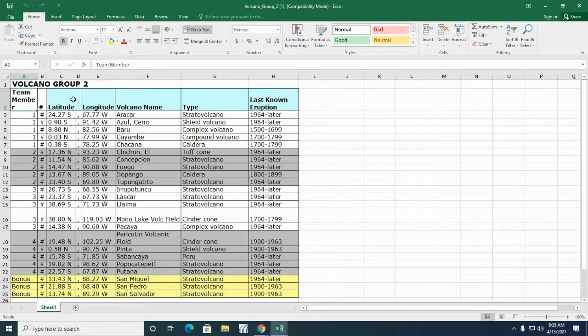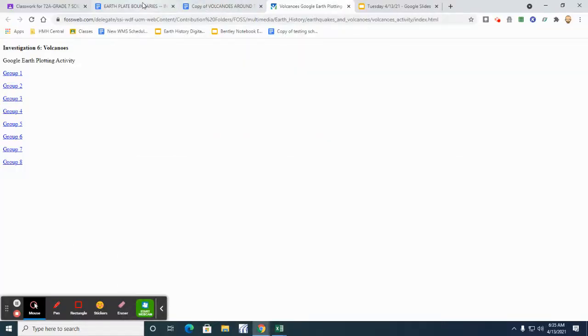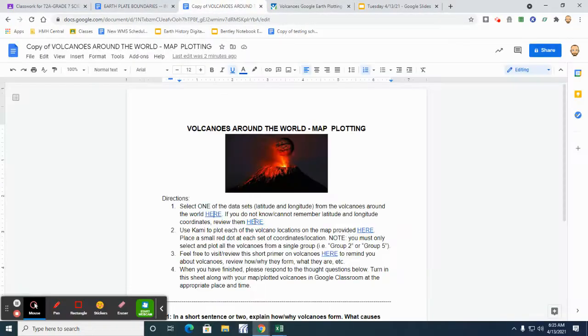So right here are the coordinates, and these are like X and Y on, excuse me, a math graph. So what I would do, I just want to take a second and remind you guys of what latitude and longitude is. So I'm going to go ahead and minimize these. And if I go back to my volcano copy, if you cannot remember latitude and longitude, there's a little primer, a little review guide here that I'm not going to go into too crazily, but essentially